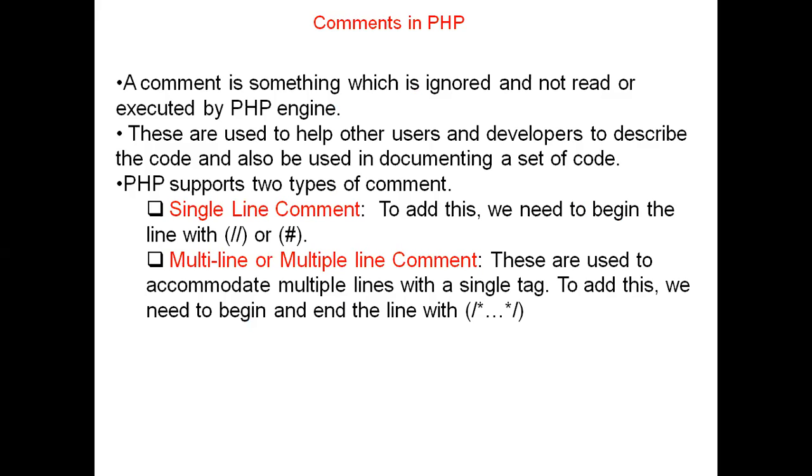Now how are we going to comment? What is the use of a comment? It just helps the users or the developer to describe the code, and it is also used for the documentation. Okay, suppose I write some code and give it to someone else to read, then why is each line written